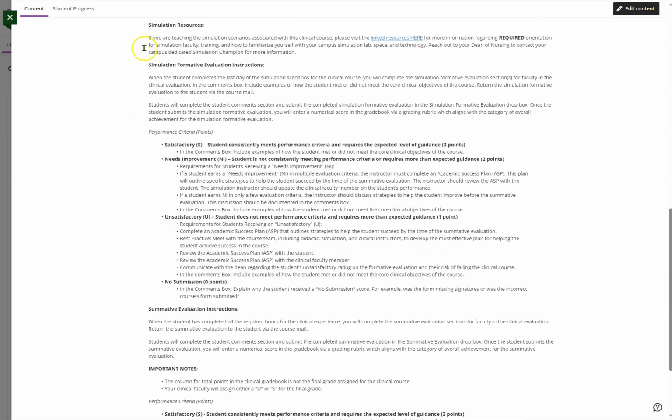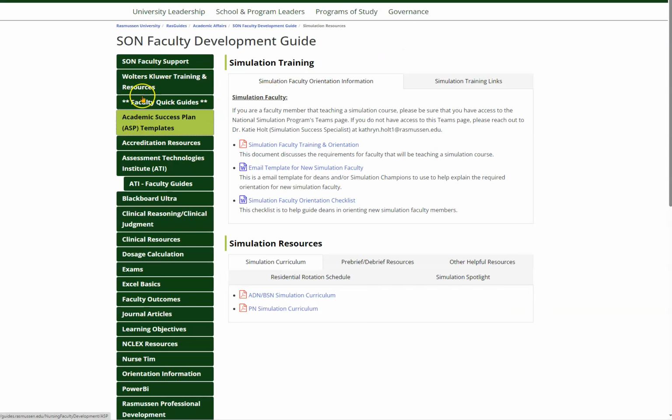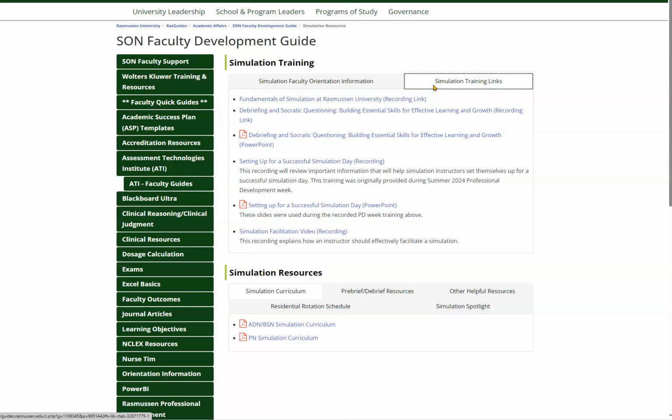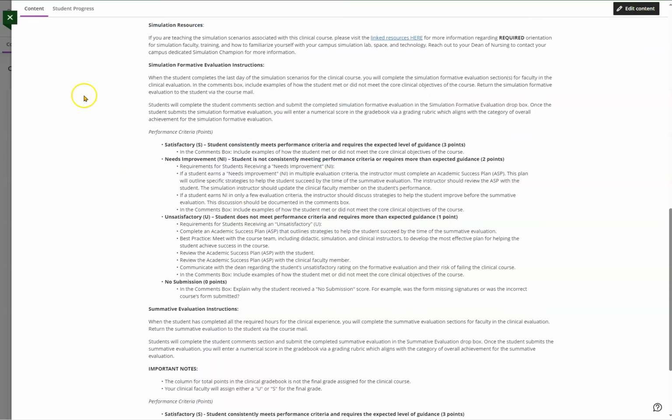I want to just mention here under the simulation resources, there are resources that are linked here that will take you directly out to the faculty development guide. This covers new training for simulation faculty who are new to simulation, as well as an orientation checklist and training links as well. So going back to Blackboard,